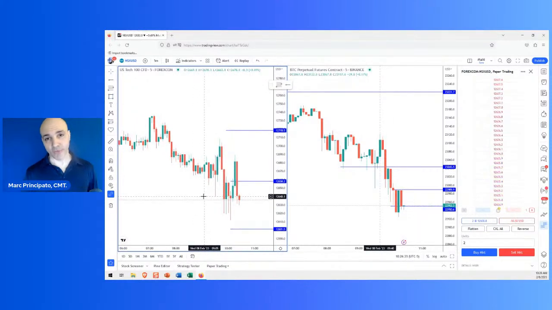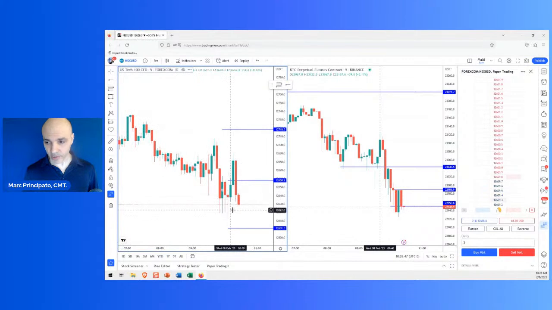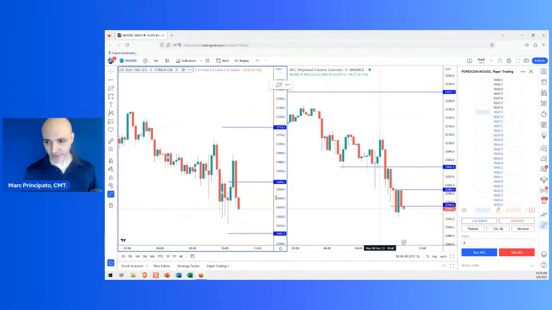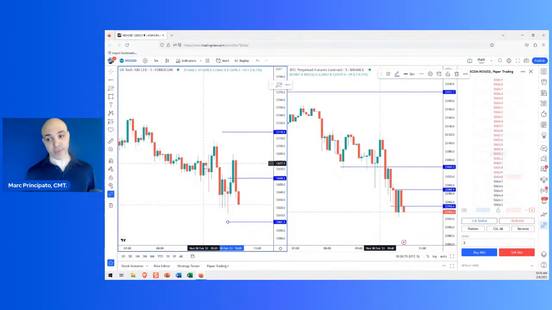Could be hard to sit through. This is a form of patience. Now I'm doing this on paper, so it doesn't matter. I'm not losing real money, but it's the exercise of the decision-making process based on what the chart is telling us. So far this isn't looking good. Not looking good, but who am I to judge? Let the market tap me out. I have a stop in place. It's there. It may go there,